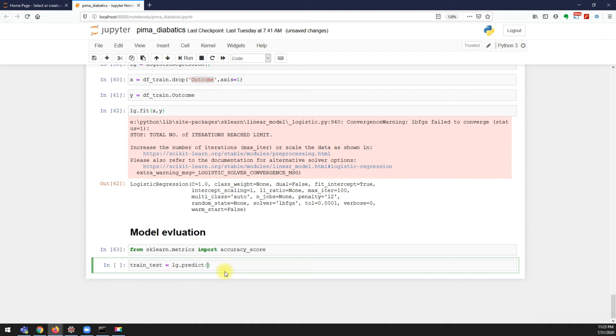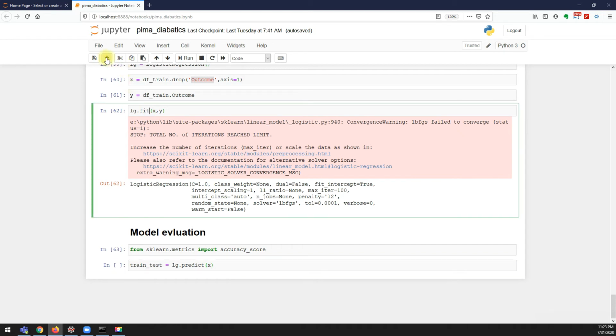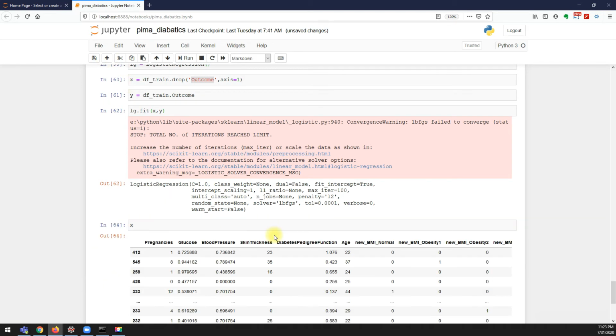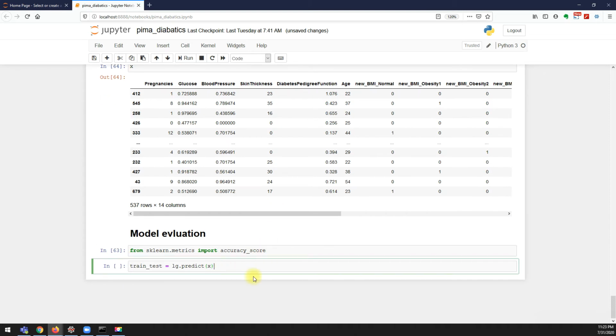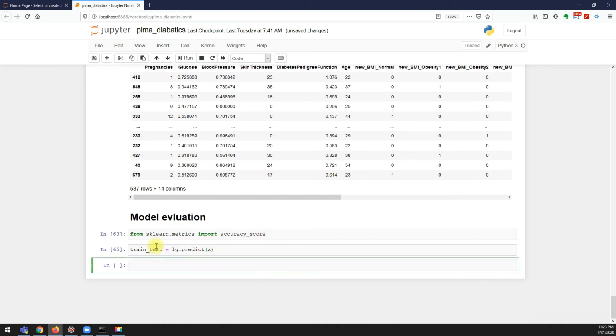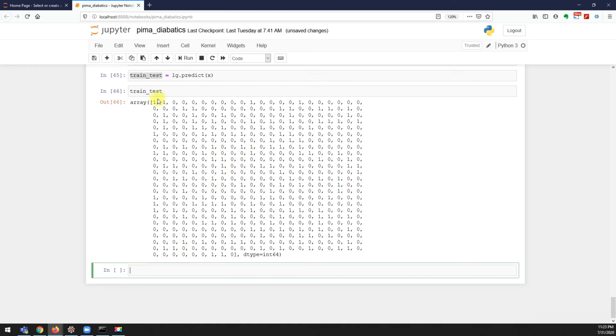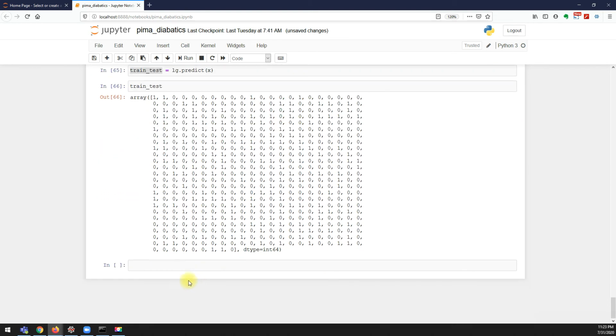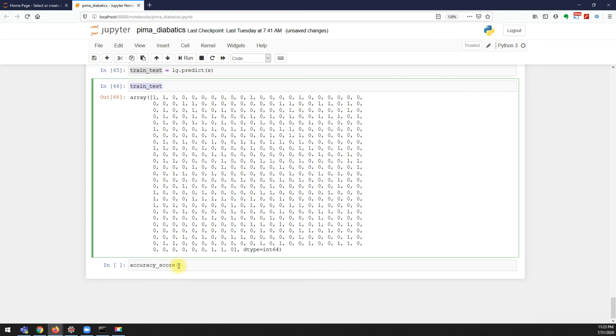Predict. What do I need to predict? If I pass the X value, which is everything other than the outcome variable, then it should predict the Y value. In the train set you see the values are 0 and 1. And we have the accuracy score, where I need to find the accuracy.